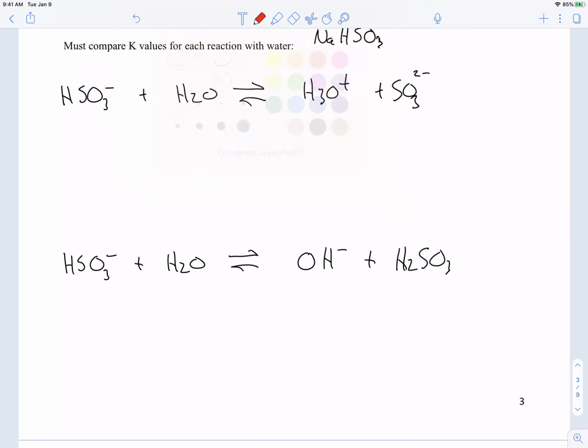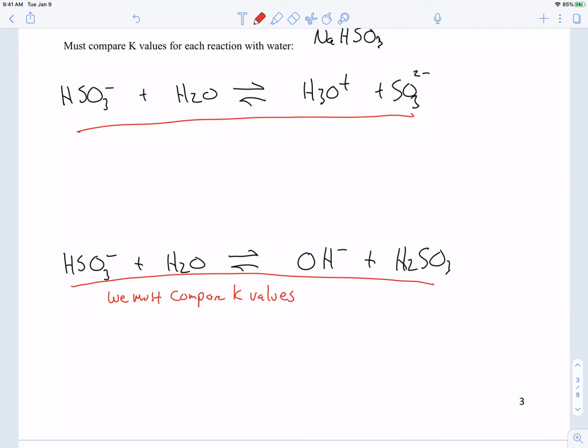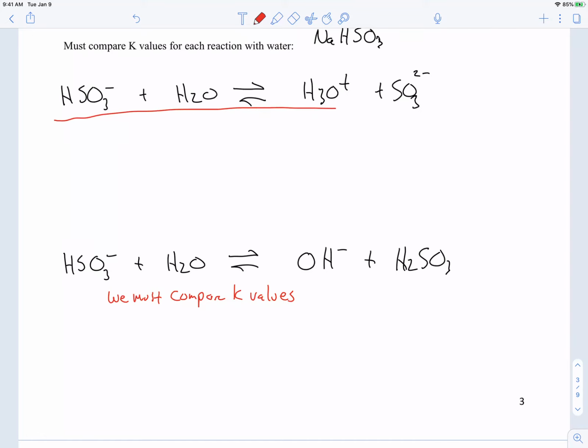Here's how we know. We must compare the equilibrium constants. You must compare the equilibrium constant for this first reaction with the second one. A larger equilibrium constant tells you which reaction will occur. All right, so if we look at this first reaction right here,